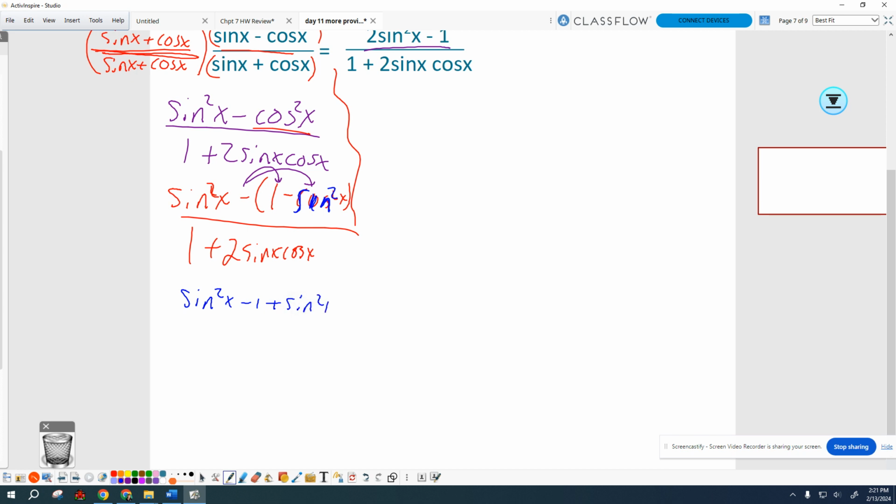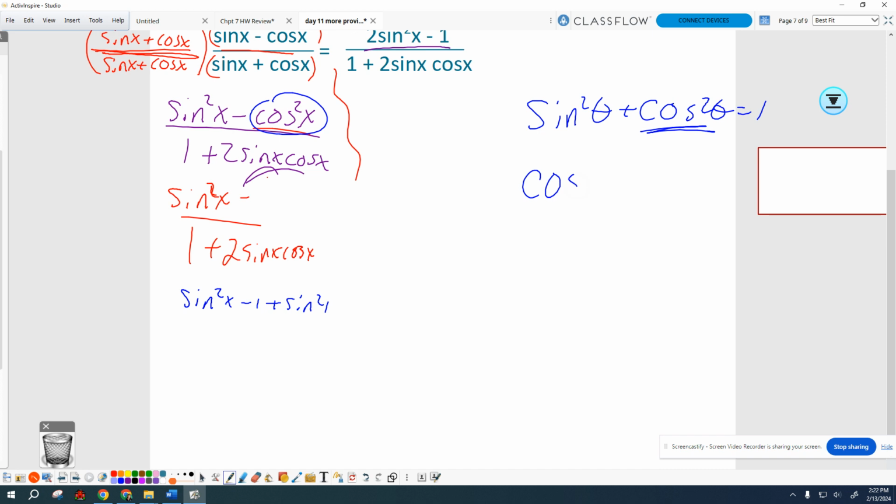He said cosine squared equals 1 minus sine squared. So this was supposed to be 1 minus sine squared, which is what he said, and it's not what I wrote. Apologies. And then distributing the negative,